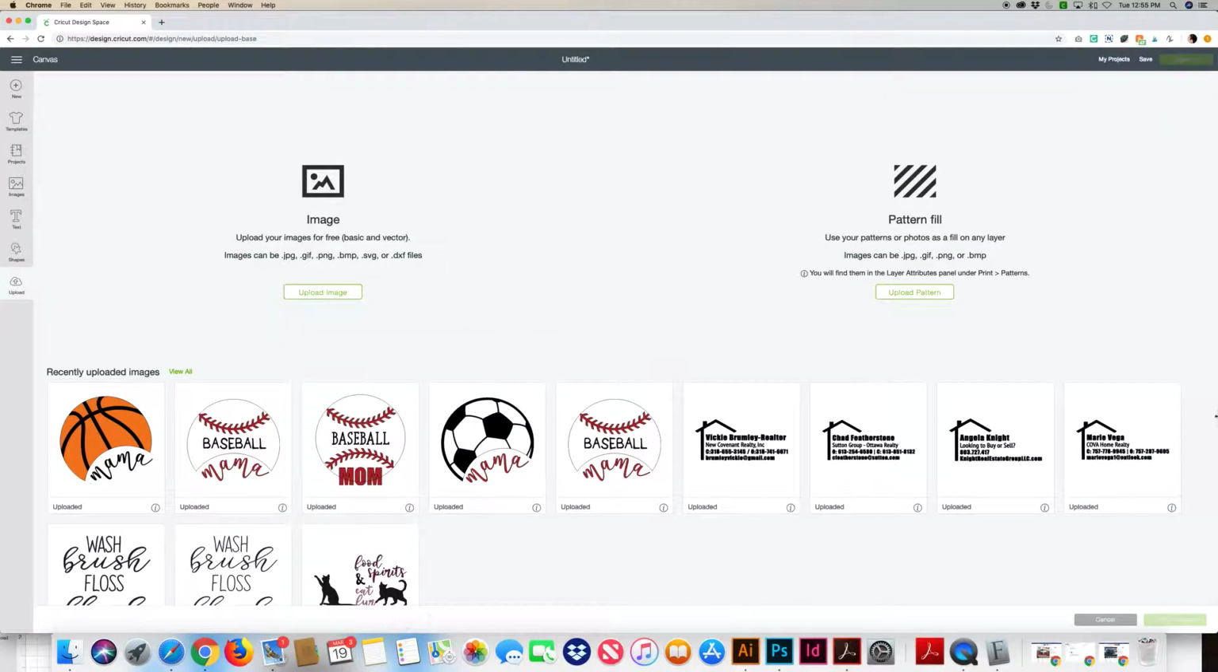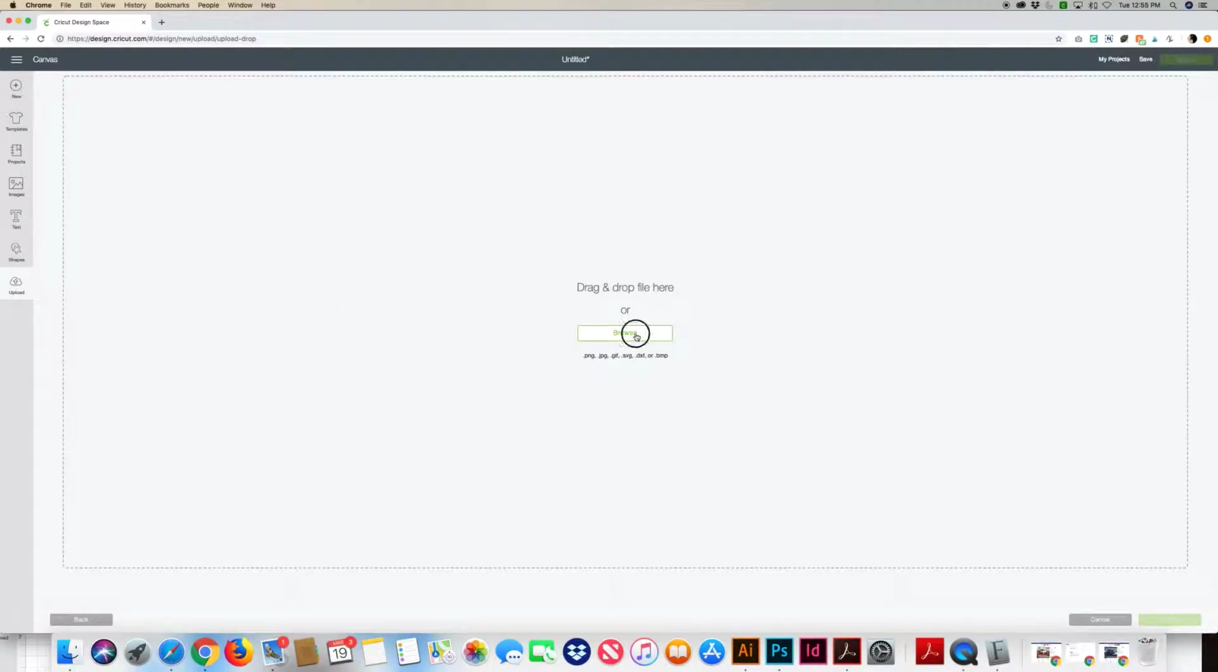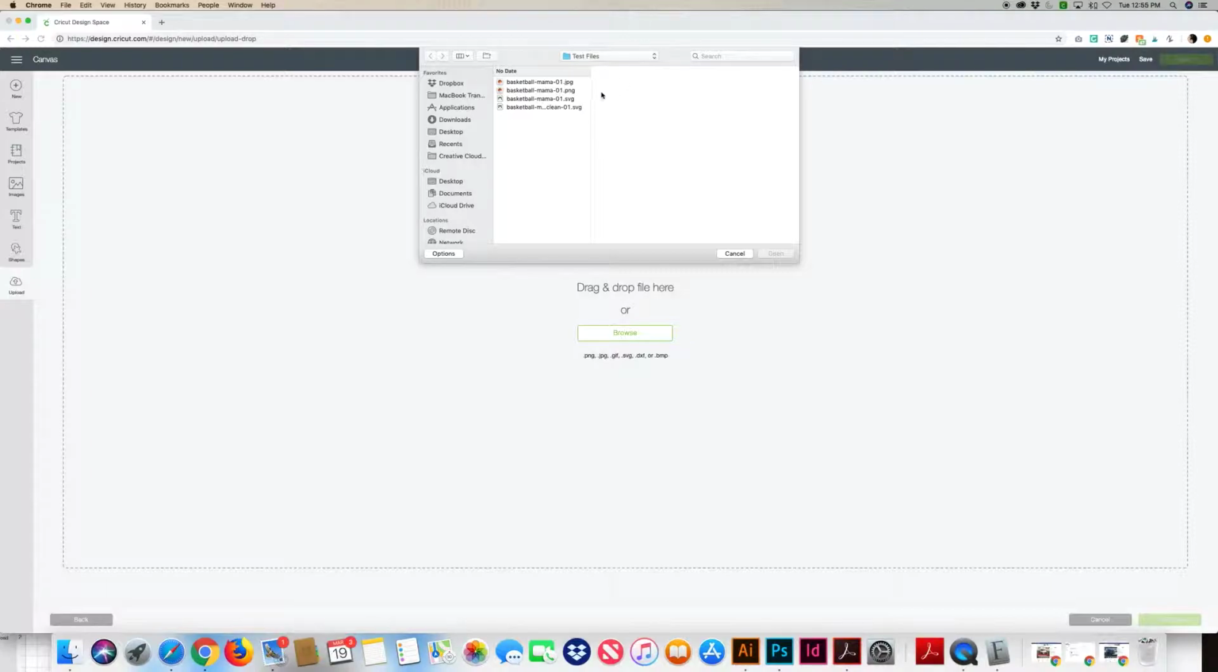And as you see, I have a lot of files that I've already uploaded here. Now we're going to go through the entire process just so you can see how it's done. So I'm going to start with the SVG file. I'm going to click on this one,